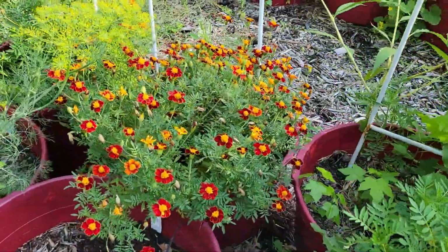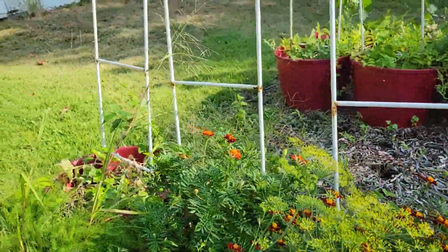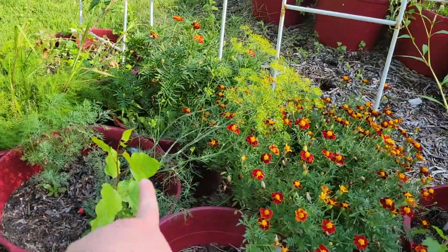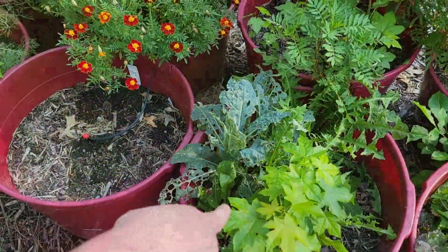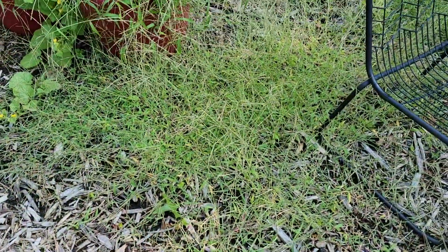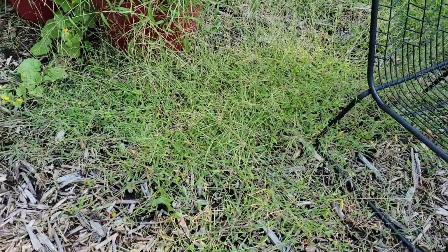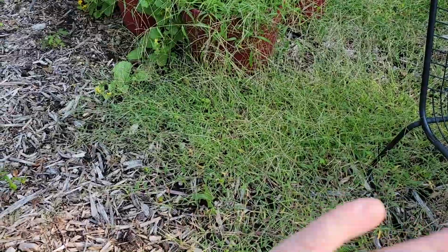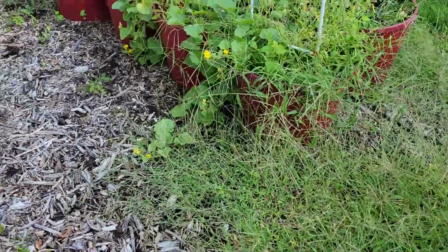I have some really pretty marigolds over here, just some different varieties. My thyme and dill have gone crazy. Here you can see my dill has flowered. Everything else like my kale has really just been eaten alive. Over here you can see how much grass has invaded my mulch. I really need to get in here and just take it all out, put new mulch down, but that's a